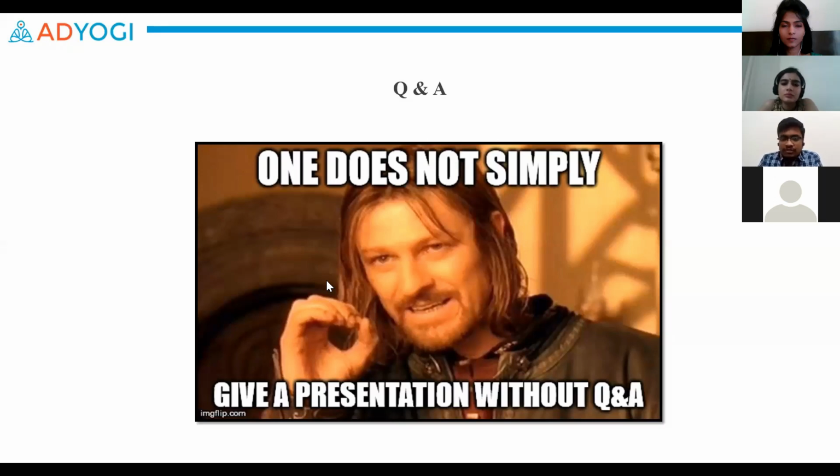At AdYogi, what we have launched as automatic budget optimization is that we provide a lot of control over that tool for you guys. Our advertisers can go and select which campaign they want to optimize, and then they can give us a benchmark ROI, and then they can give us an increase percentage. So let me put it by an example. Let's take a campaign which is performing at a 3x.